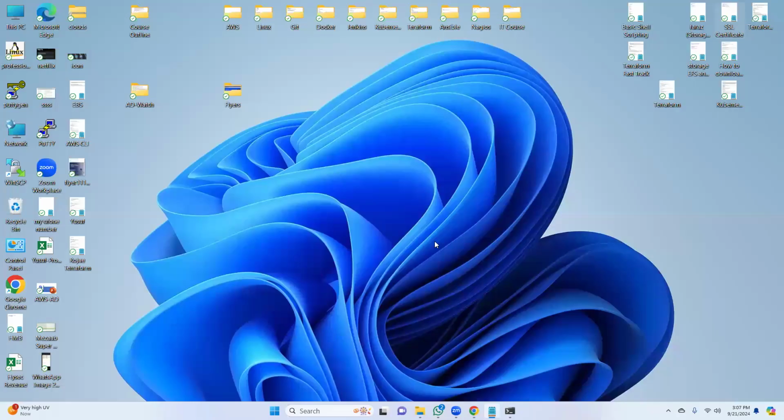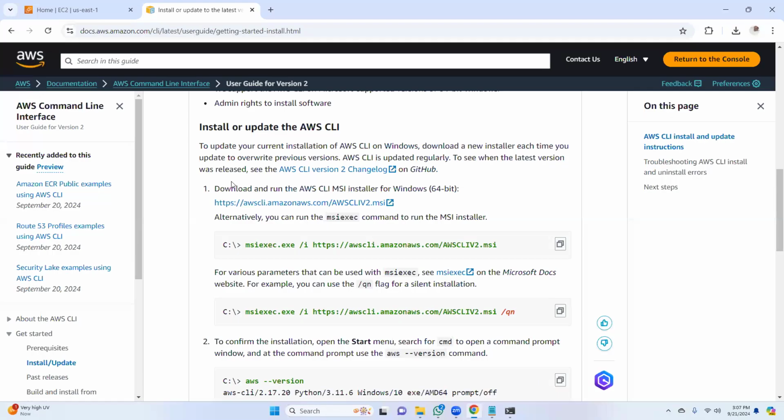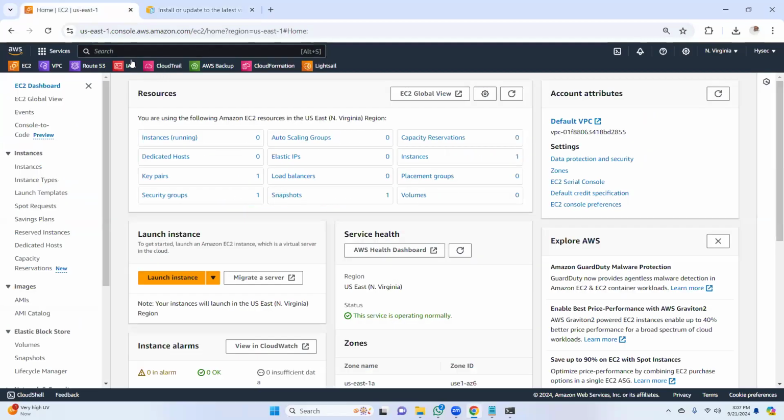If you want to use AWS CLI, you go to IAM, Identity and Access Management, and then